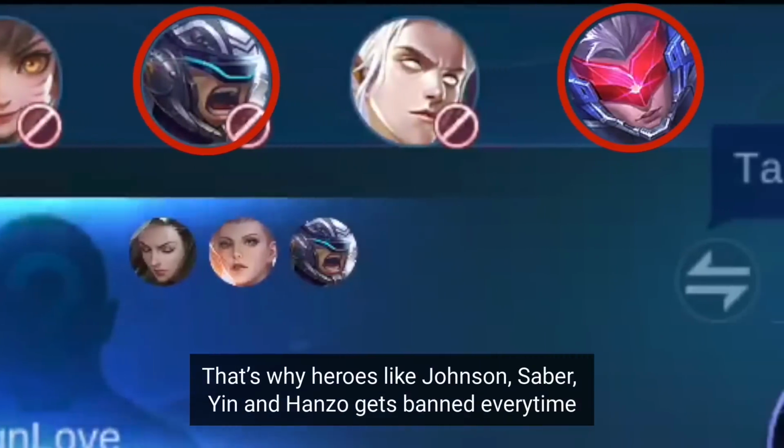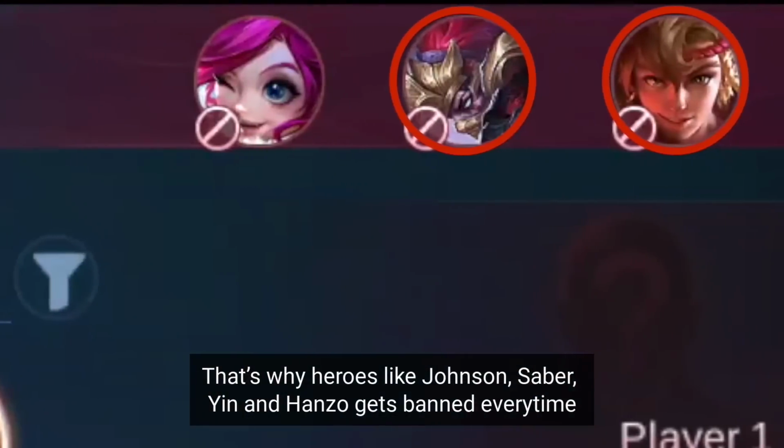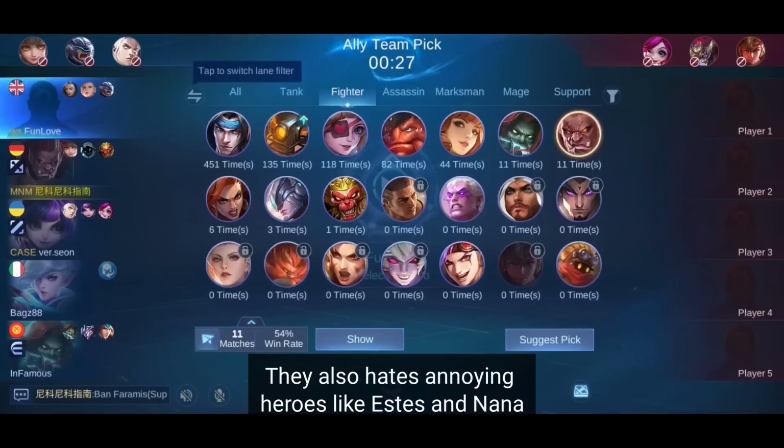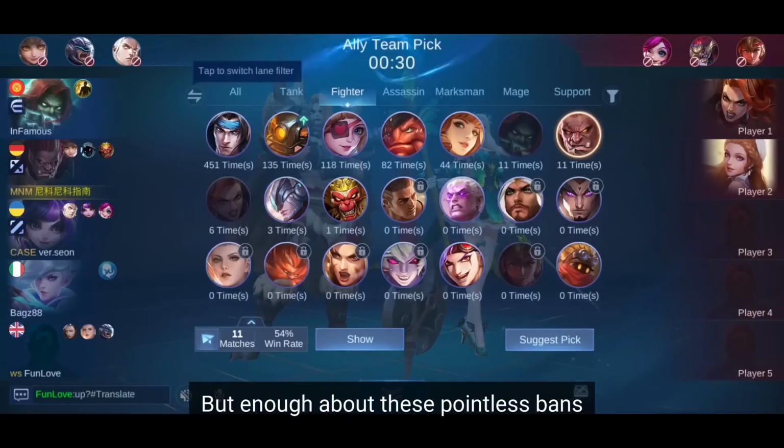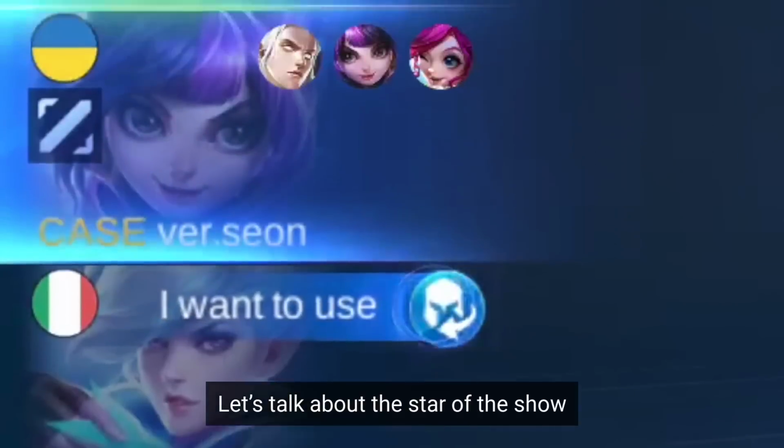That's why heroes like Johnson, Saber, Yin and Hanzo get banned every time. They also hate annoying heroes like Estes and Nana. But enough about these pointless bans. Let's talk about the star of the show,